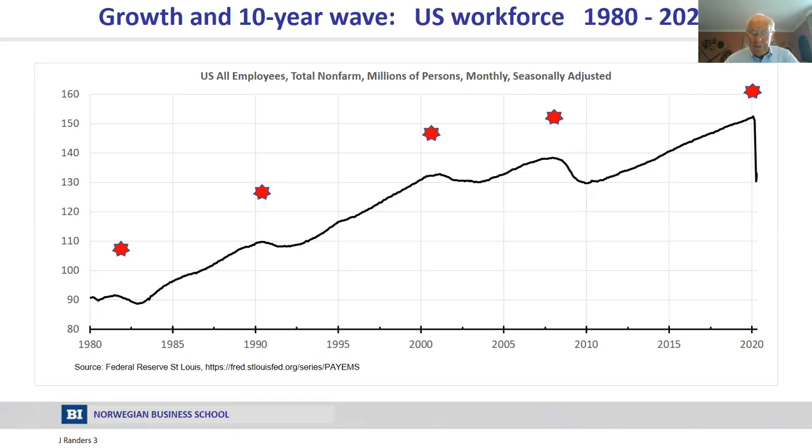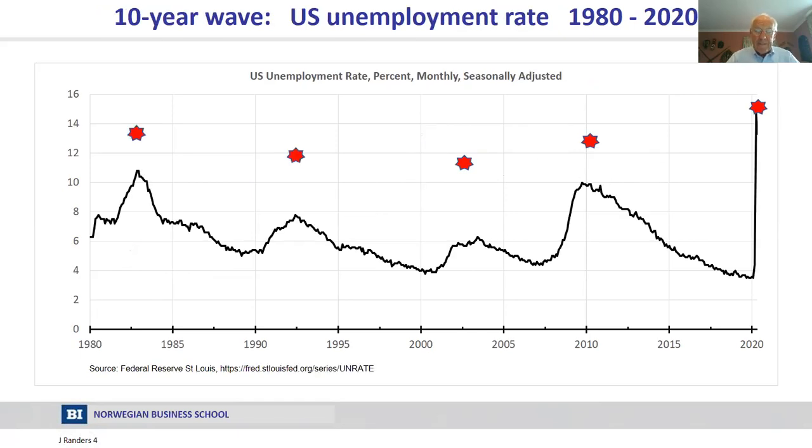You see that the non-farm number of workers is evolving with a 10-year wave, essentially superposed on the long-term growth rate. So this is our second reference mode, namely a 10-year wave in the economic activity level. You can see this 10-year wave even more vividly in the unemployment rate, which peaks roughly 10 years apart.